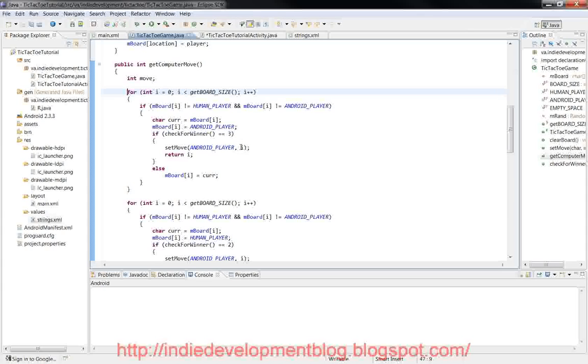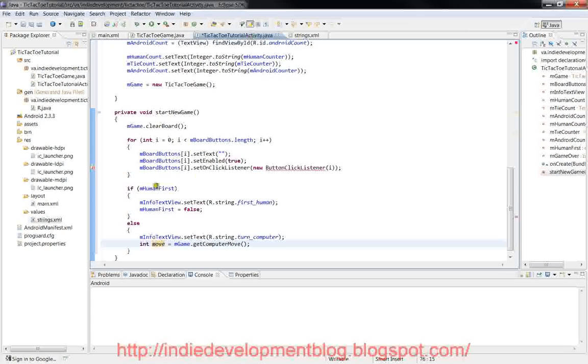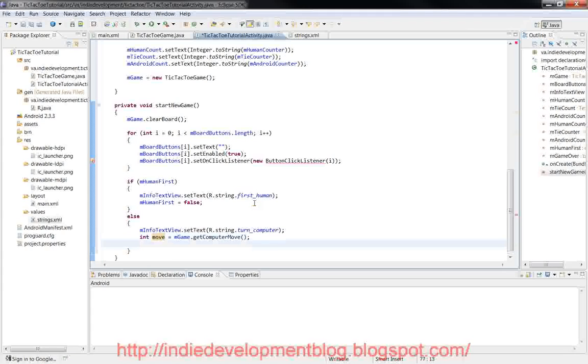You can see the earlier tutorial for all that. So the main thing we need to look at here is it's returning i, so it's going to return an integer. Now when it returns that integer, wherever the computer moved, that integer is going to be returned right here and stored in move. That way we know what to do when we put set move,